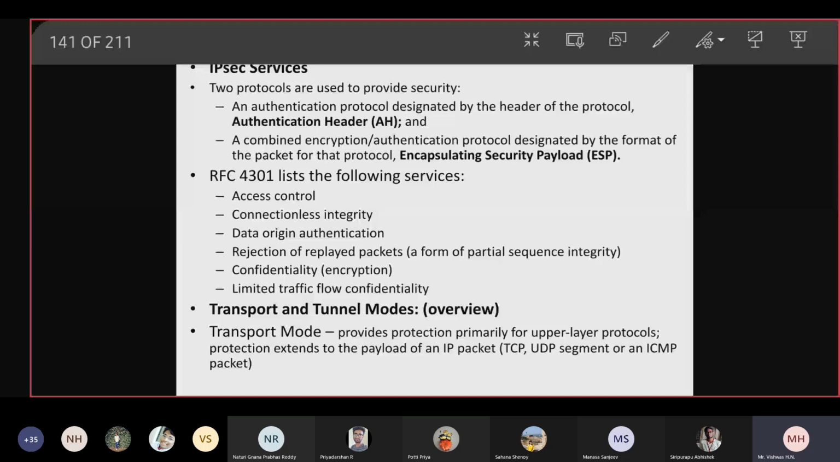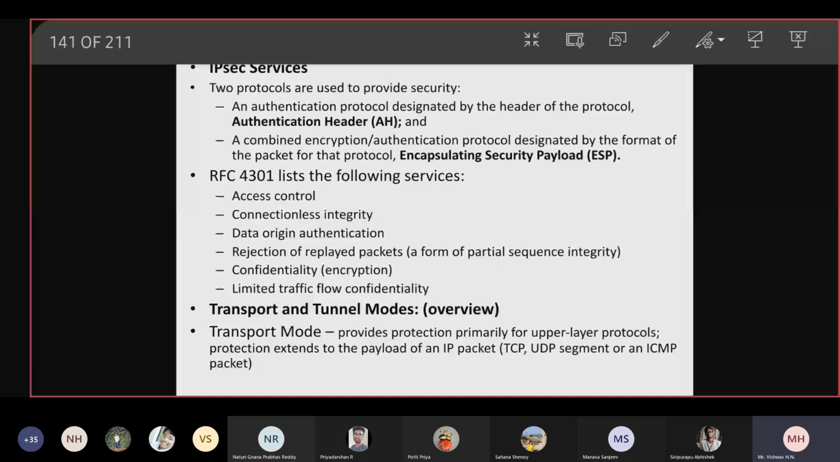Okay. So the transport mode and tunnel mode, is that clear? Again, very important topic, like how your communication using IPsec will work. IPsec either uses tunnel mode or transport mode of communication. What is transport mode? Which provides protection